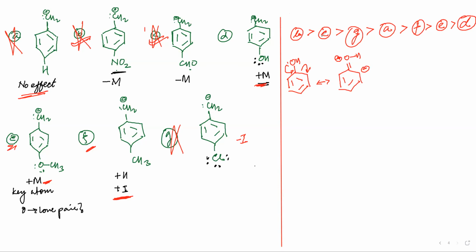Okay, I will not make more resonating structures. Let me just, because the point that I want to make is very visible from this structure. Let me make one for OCH3 also. Now I will move the electrons like this: double bond O, CH3, and a negative charge. Okay, Fatima, you can see the resonating structures of OH and OCH3.